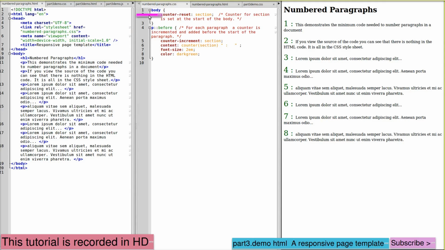We start by giving the counter a name. In this case, we're naming it section, and we set it to 0. Counter reset section initiates our counter. Then we're adding our counter before each paragraph tag. So we're incrementing the counter each time. Counter increment section. We're adding the content counter section, which will place the number, followed by a space, a colon,